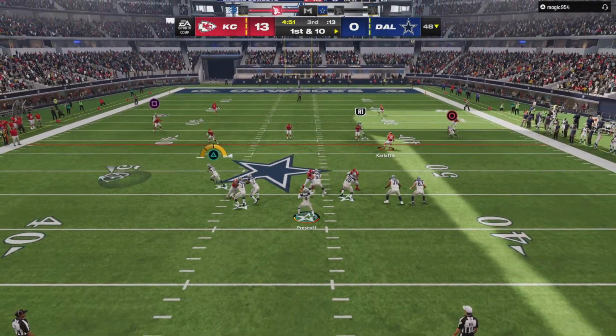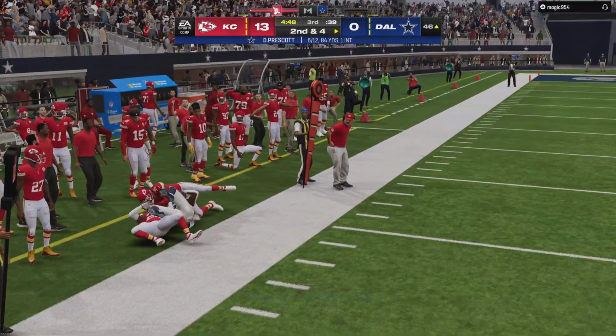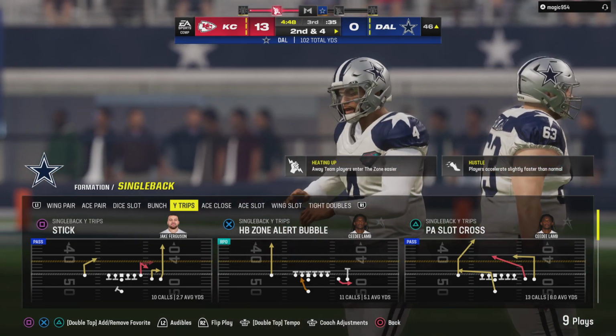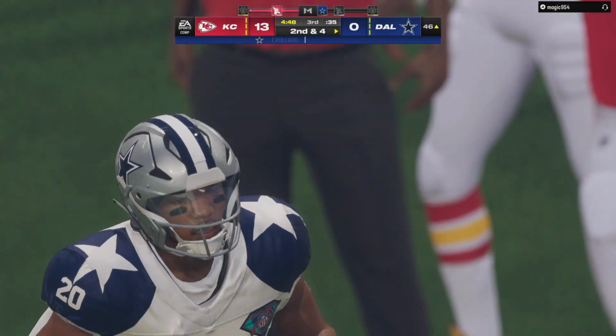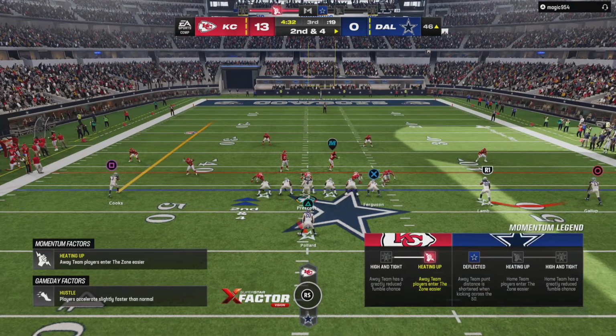Off the play fake, Prescott. Pollard here once again, back-to-back catches. And he's able to take it across midfield before going out of bounds. And that's good for a gain of 6, and it'll be 2nd down. Brings up 2nd and